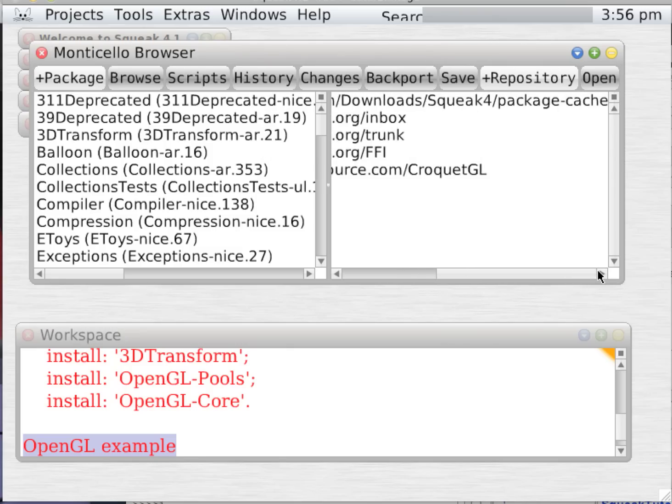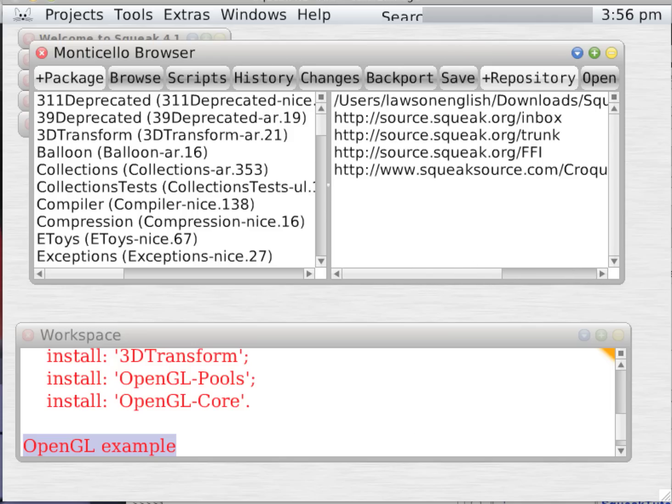And it basically gives you a list of places you can go and download various software in code form, sort of like SVN, Subversive, Mercurial, all those good things. All right, so